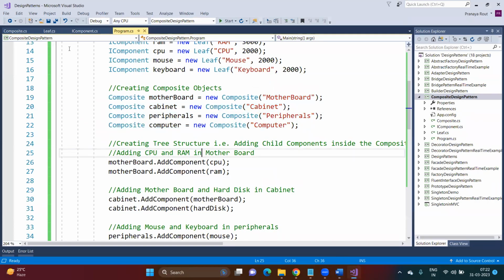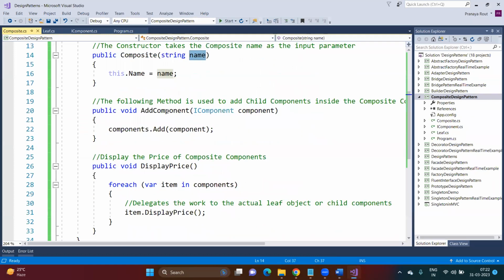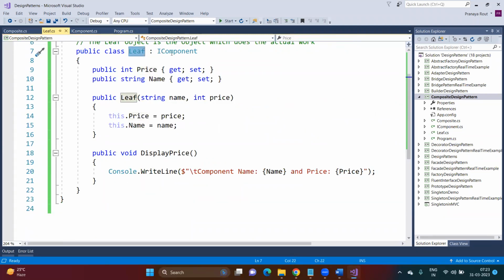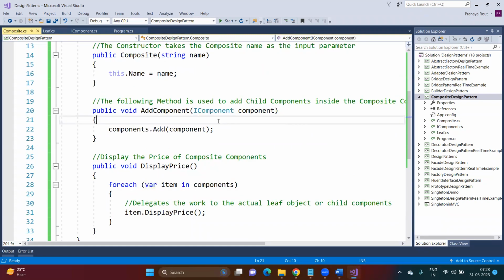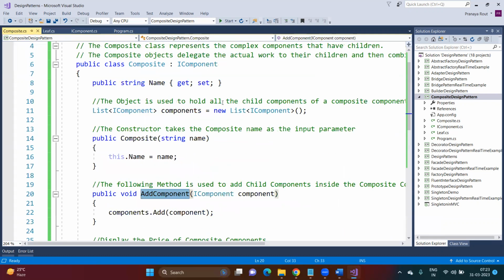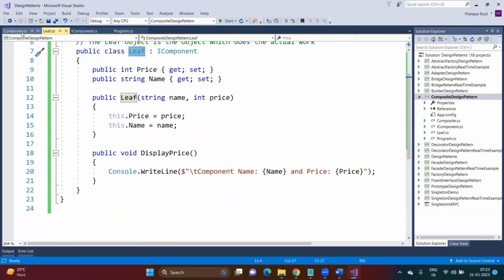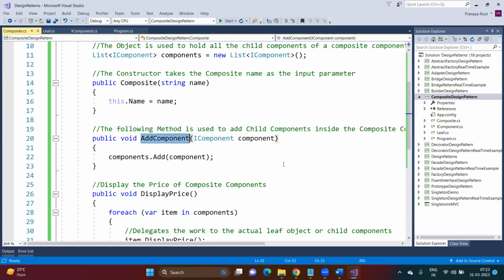So first of all, let me show you inside the composite component class, there is a method called add component, which is expecting a type of I component. I component means what? A class that should implement the I component interface. And in this case, does this leaf class implement the I component interface? Yes, it does implement. That means you can pass the leaf object as a parameter to this add component method. And further, if you see this component class, it is also implementing the I component interface. That means you can pass this composite instance or this leaf instance as a parameter to this add component method,